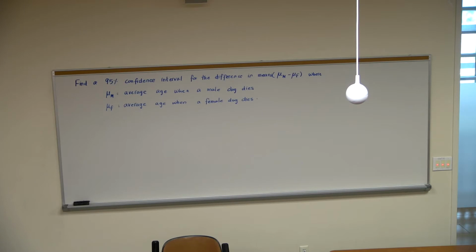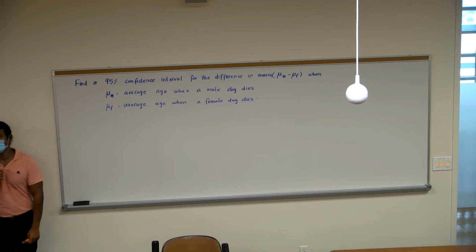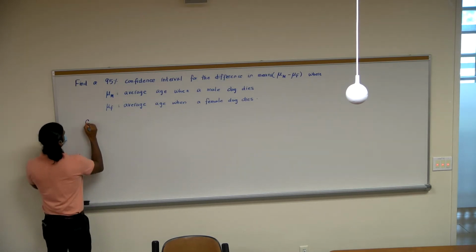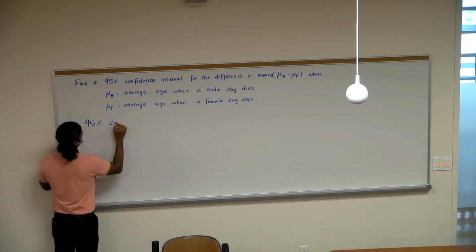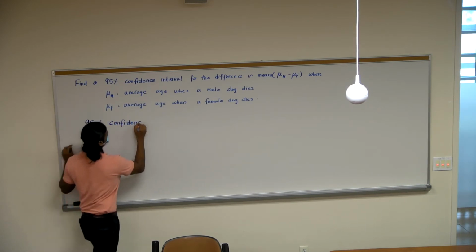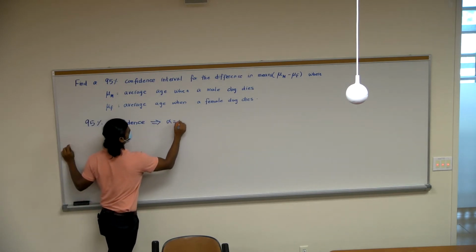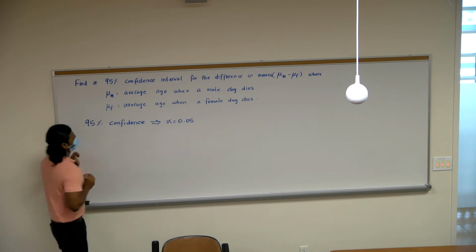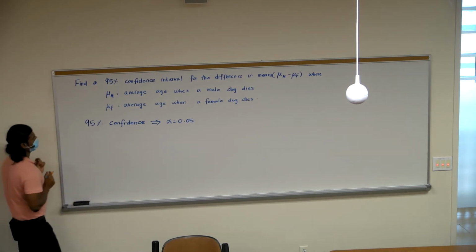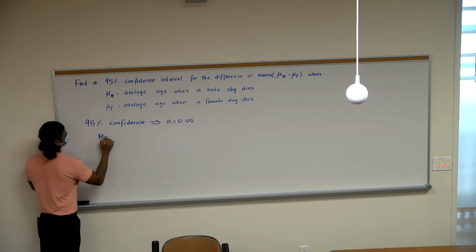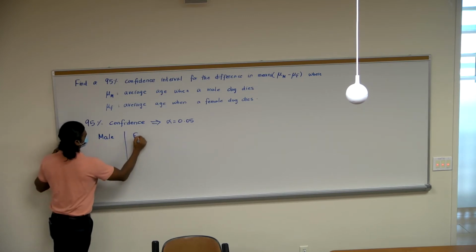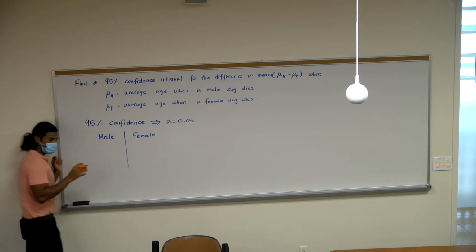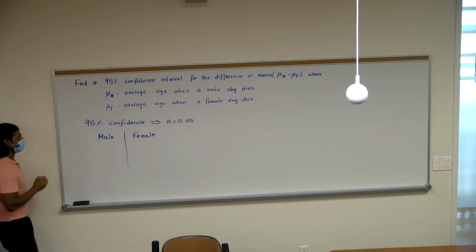From last time, if the confidence level is 95%, what is the value of alpha? 0.05. Great. We need to find sample statistics. So the first one,